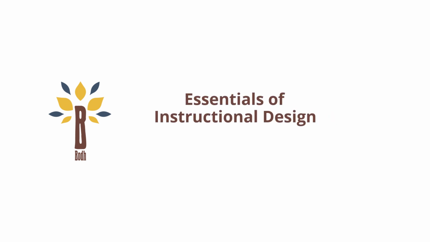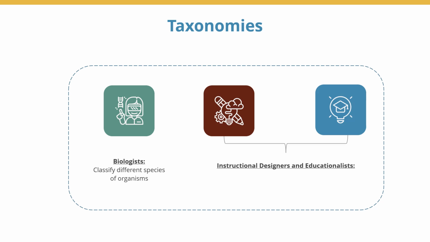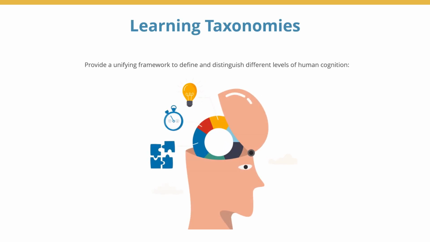Essentials of instructional design. Learning taxonomies. Just as biologists use taxonomies to classify different species of organisms, instructional designers and educationalists use taxonomies of learning to classify and organize learning behaviors. Learning taxonomies provide a unifying framework to define and distinguish different levels of human cognition, such as remembering, thinking, learning,